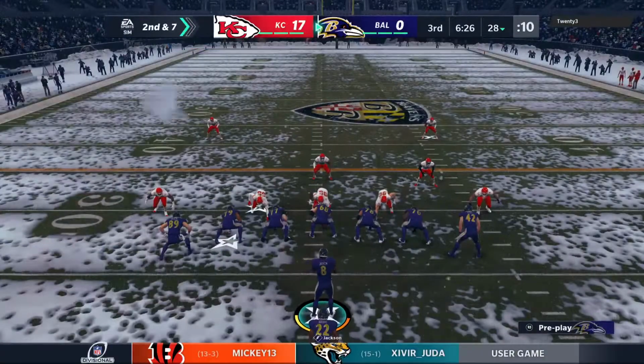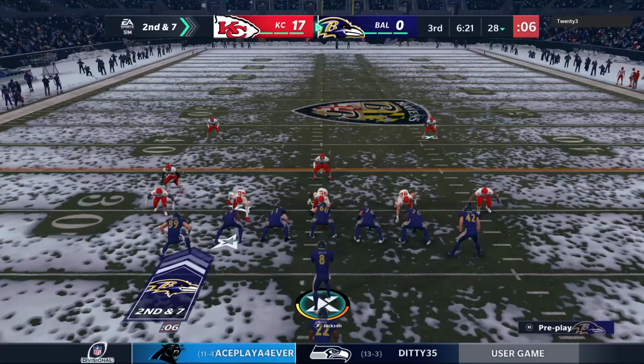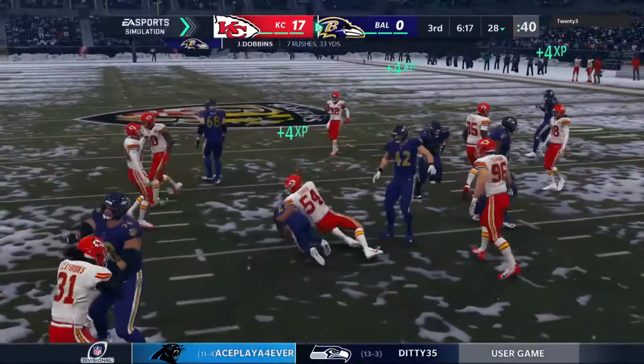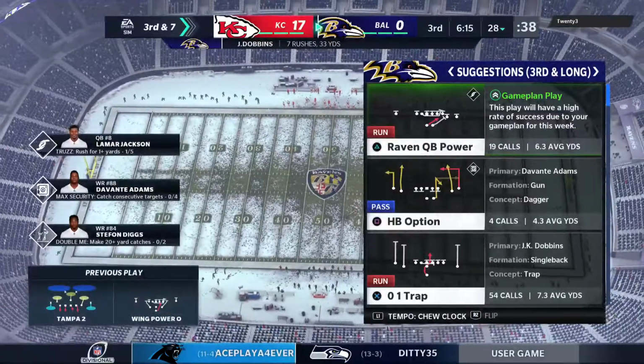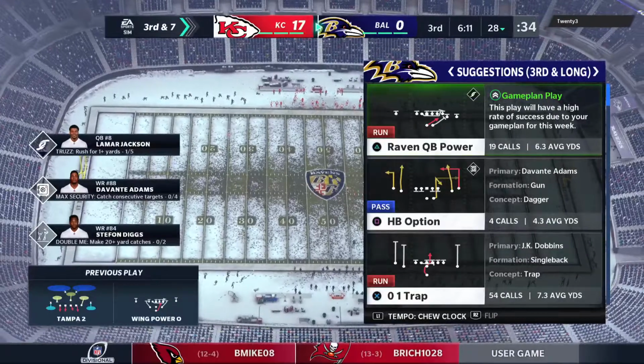Here's 2nd and 7 now from the 28. Now a carry for Dobbins. No gain on the play, and it's going to bring up a 3rd down. The ball carrier. Defense doing their job, really nowhere to run the football. Yeah, it's almost